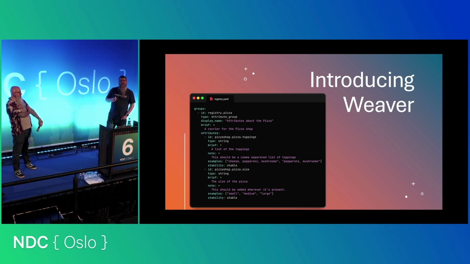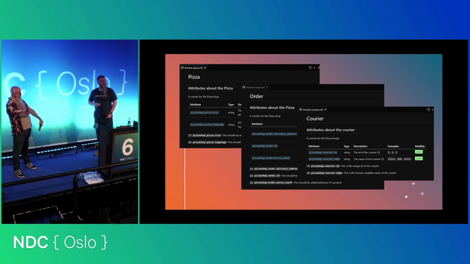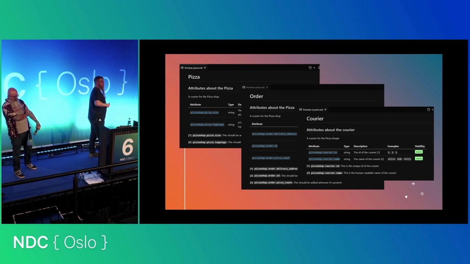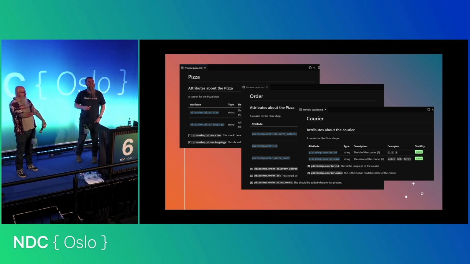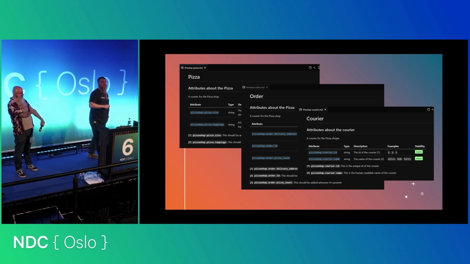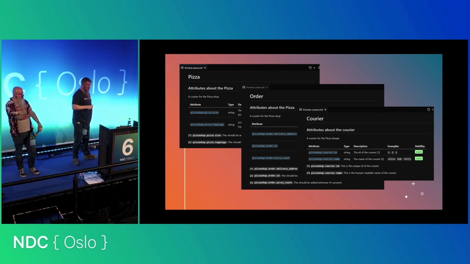But ultimately, what Weaver allows us to do is it provides us with a language, pardon the pun, for being able to define our naming conventions at either an organization level or a repo level, and then use that to generate documentation. Because when you've come up with naming conventions, everybody diligently writes documentation about them and puts it in a location where every person in the organization can find and use it. Don't they? Yeah? Everybody nodded their head, so anybody watching this on the video, you're the exception. No, nobody was nodding their head.